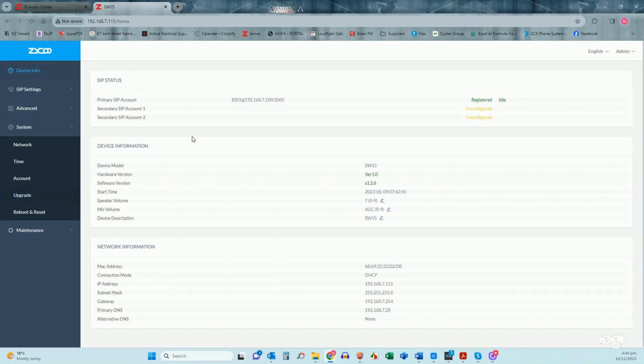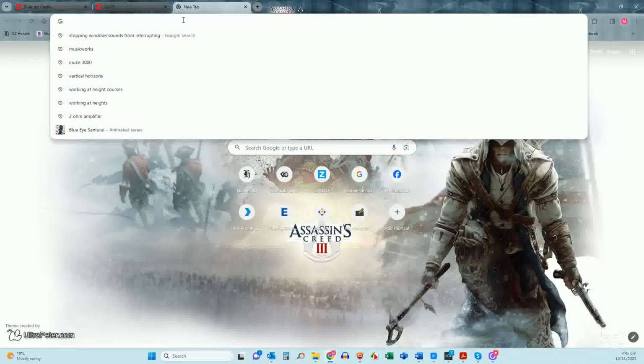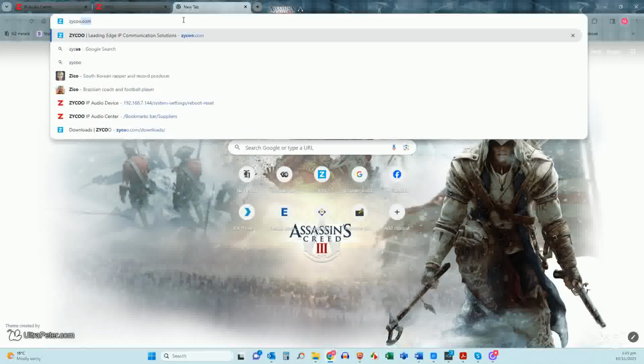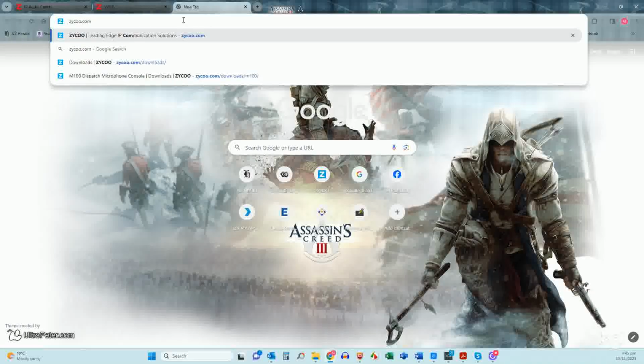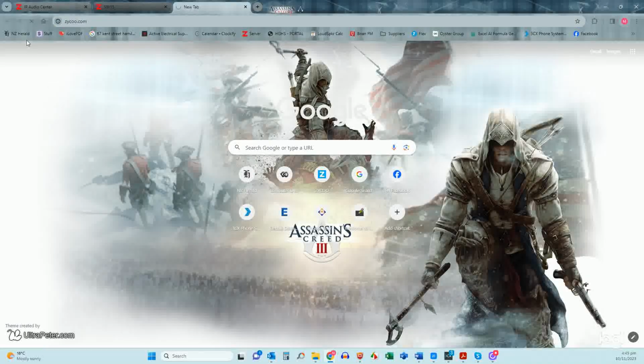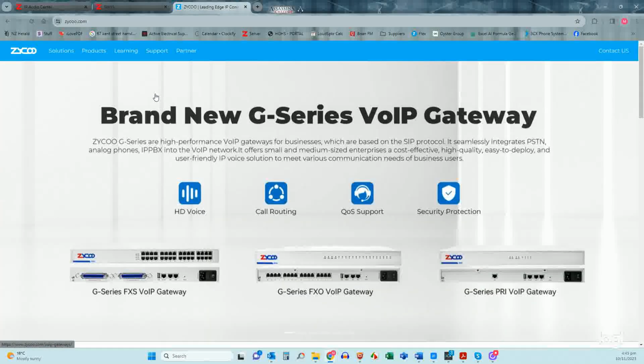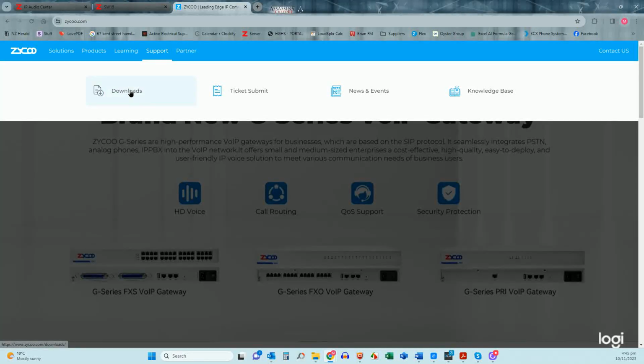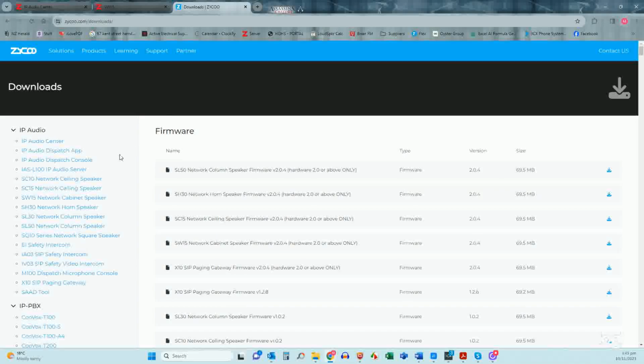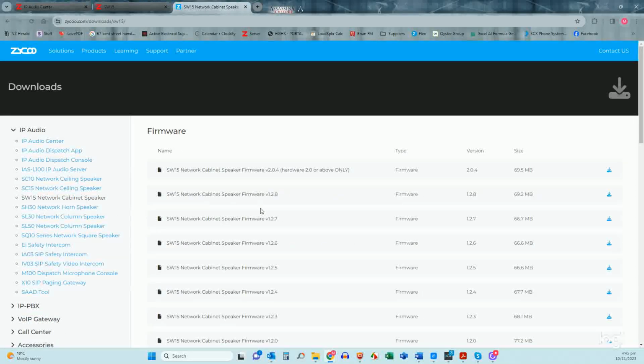So now that we know that we're dealing with an SW15 and what firmware we have, we can then go to the Zycoo site, which is just zycoo.com. And once here we go to support and then downloads, and then down the side you'll see the different models. So we had the SW15, which was the wall speaker, so we're going to click on that,